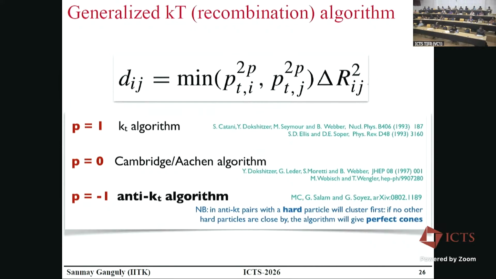Pileup is something, so when LHC collision is happening, pp, every 25 nanoseconds, 10^11 protons from one side and 10^11 protons from the other side are coming and smashing on top of each other. Now, all of them don't collide. Only a small fraction of them collide with each other, which causes hard scattering.